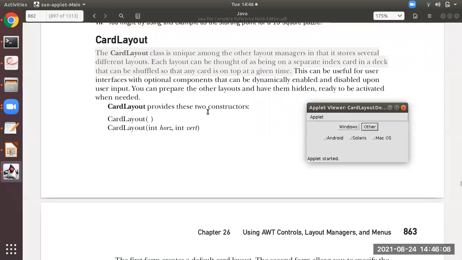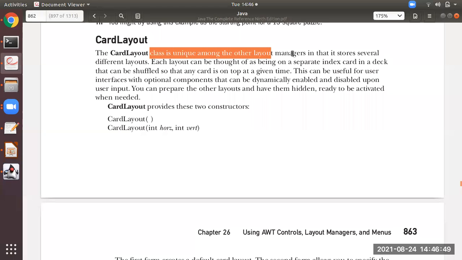So, the purpose of card layout is that it will display different layouts according to your purpose. Suppose you want a button to display only its content at one time, then you can use card layout and have that feature. Suppose you want the features of the Windows button: when you click it, it shows the options associated with the Windows button. When you click the Other button, it will show a different layout, displaying the values associated with the Other button. So that is what card layout is.